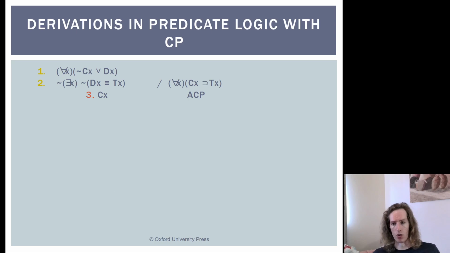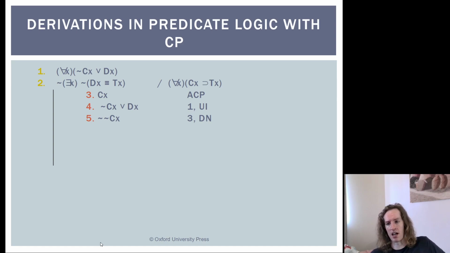So we'll go ahead and assume this portion of the conditional statement that's in our conclusion. We'll assume cx for our conditional proof. We'll go ahead and universally instantiate line 1 to keep things commensurate with each other. And because we want to, when we discharge this, we want these to be variables so that we can then universally generalize. Now, we can't do any sort of instantiation with premise 2 as it is, so we'll have to use quantifier exchange on it to make that usable. But first we're going to get some material here.